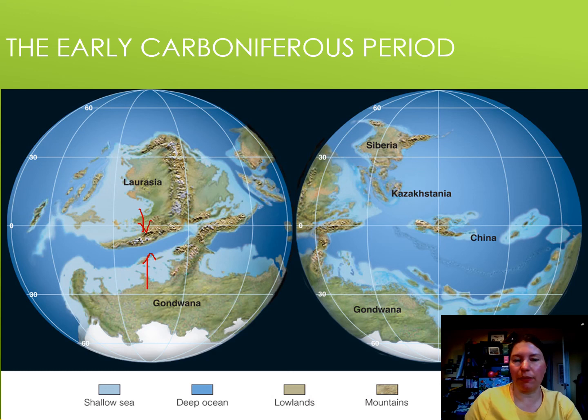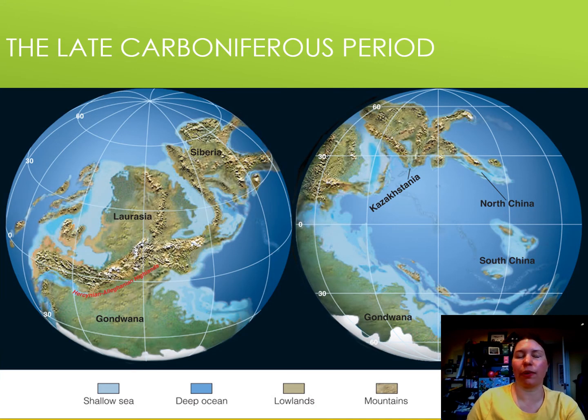One of the plants that we begin to see covering the land are gymnosperms, which are seed-bearing plants, so not flowering plants, we're not there yet, but things like pine trees, juniper, cycads, stuff like that. So those plants are beginning to spread over the land. And then for the last part of the Carboniferous, and we also call this the Pennsylvanian period, we are going to have continued mountain building.